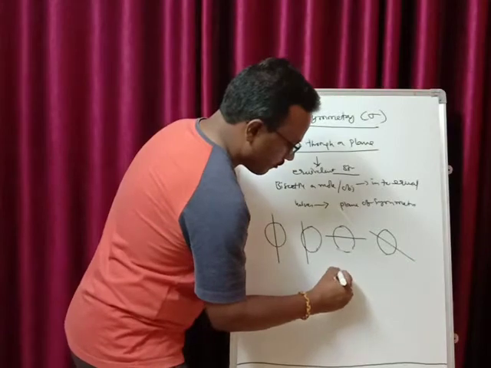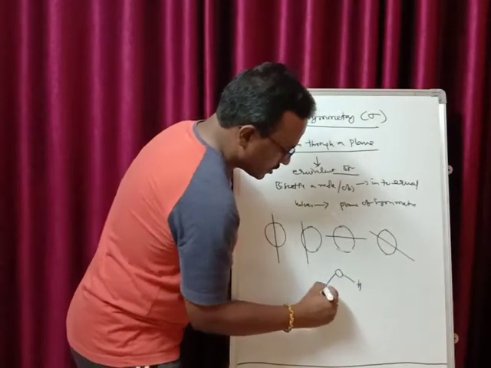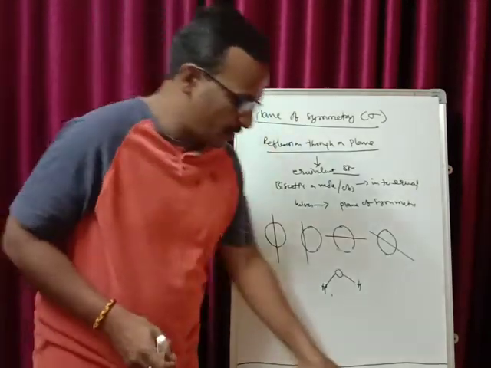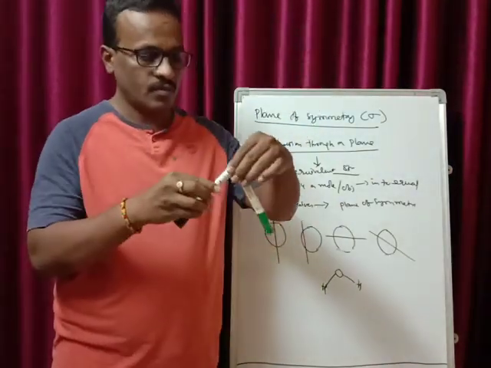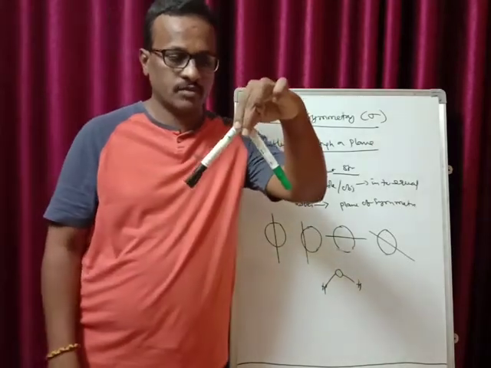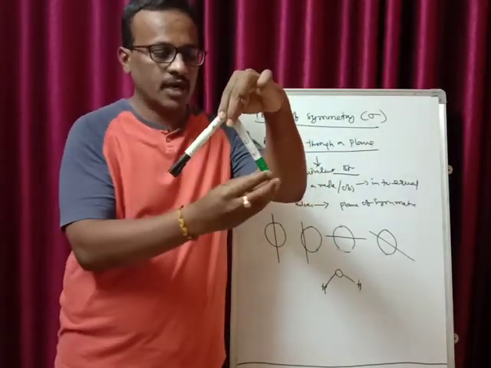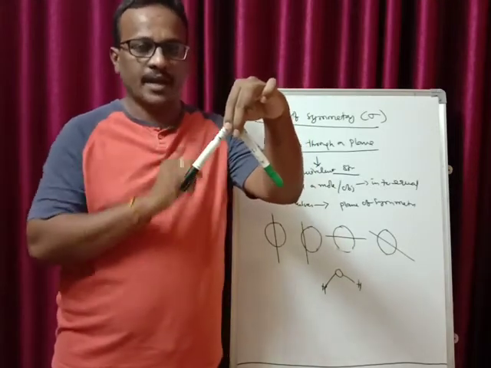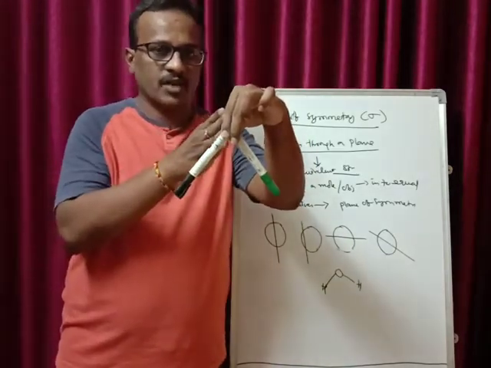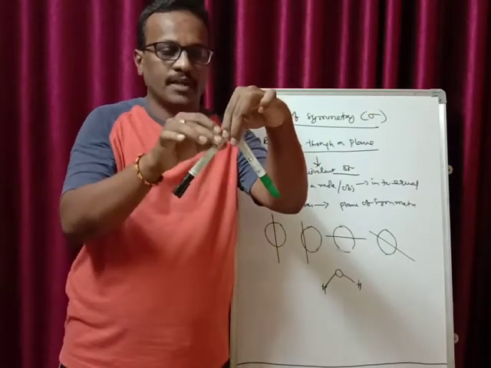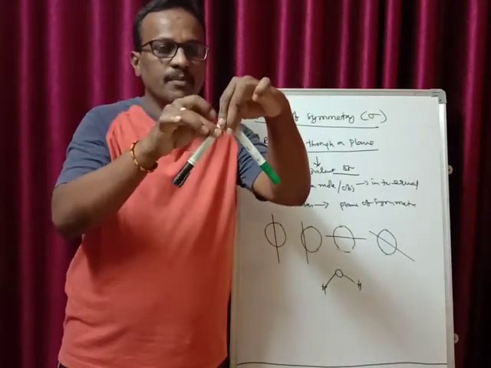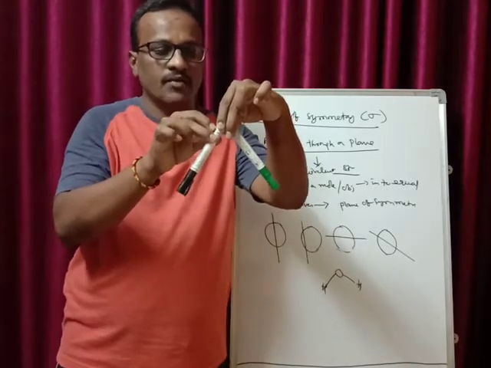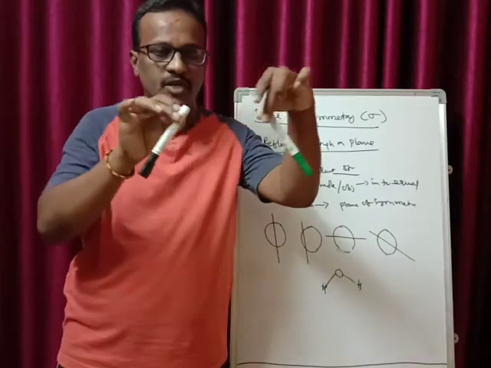Now I'll take the example of the water molecule. The water molecule has an angular, V shape. This is the structure of the water molecule, with oxygen in the center and the two hydrogens at these positions, separated by a particular angle. Now if you bisect this molecule, reflecting from top to bottom like this, you get two equal halves. The plane is passing through the center of the oxygen. When you bisect from the center of oxygen, you get two equal halves.